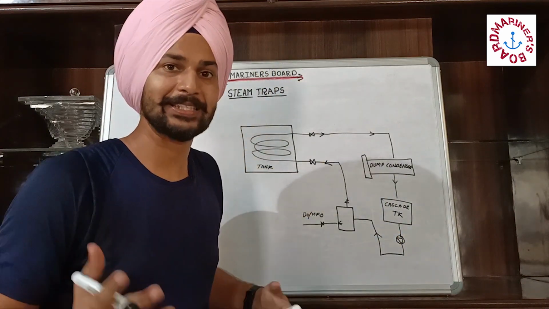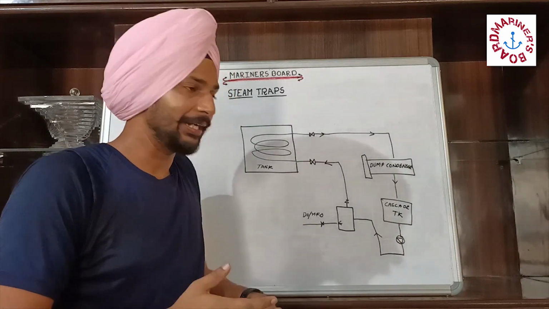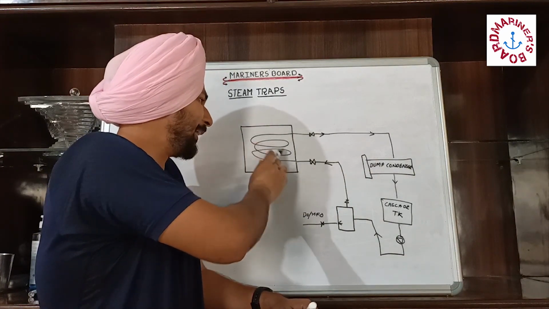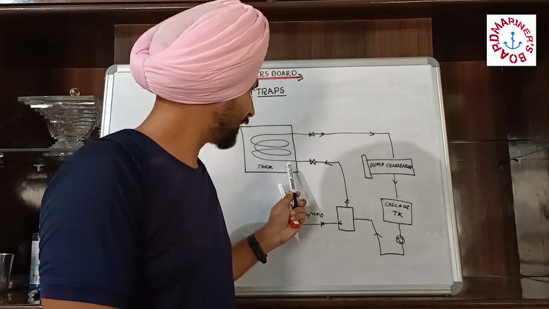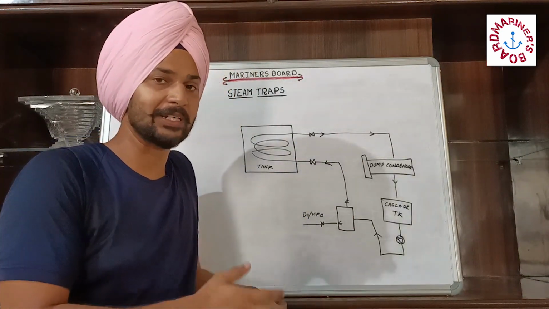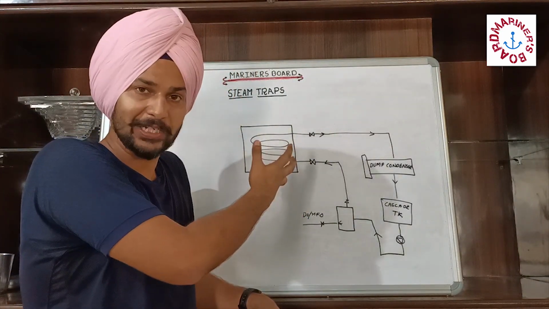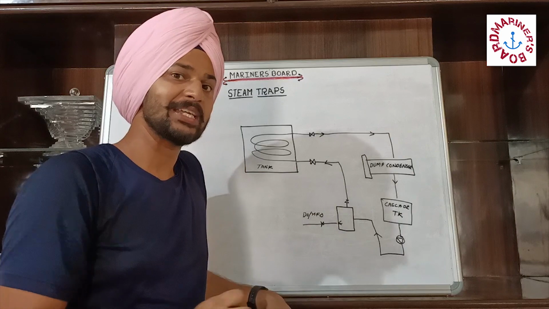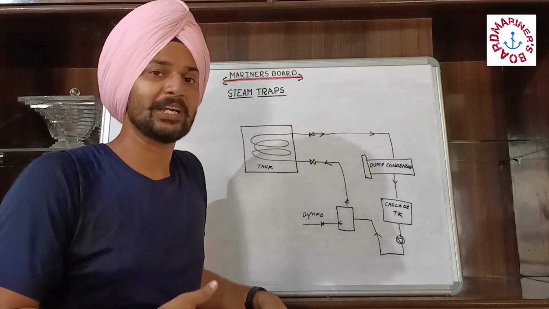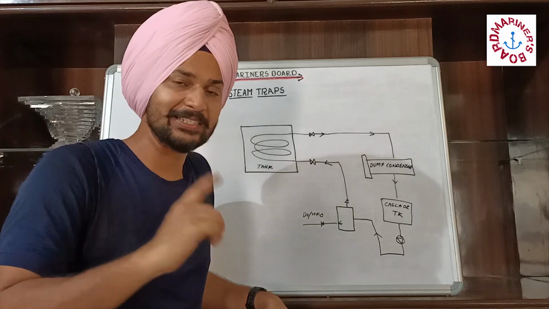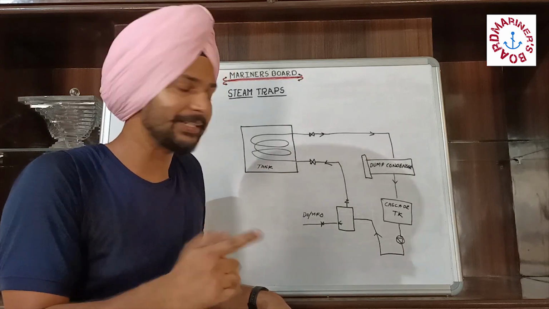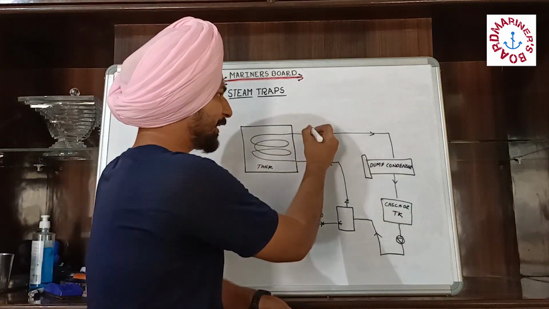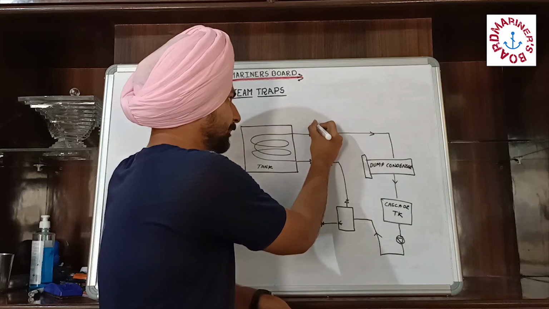Now steam is carrying some amount of energy. It is the latent heat of energy. As it is passing through the tubes, it gives some latent heat to the contents of the tank, maybe HFO, to heat the content of the tank, and then it is going to the outside. The steam which has given out its latent heat gets converted into condensate, and the steam which has not given up its latent heat is moving out from the system. So here at the outlet we are getting steam plus condensate.